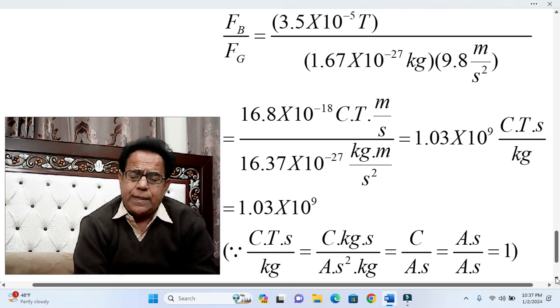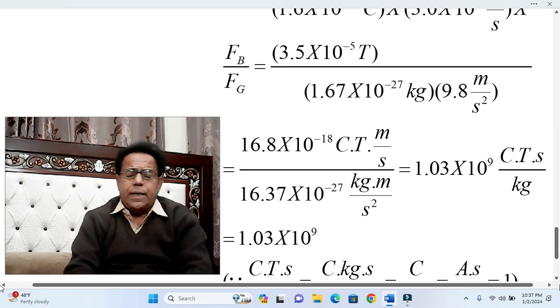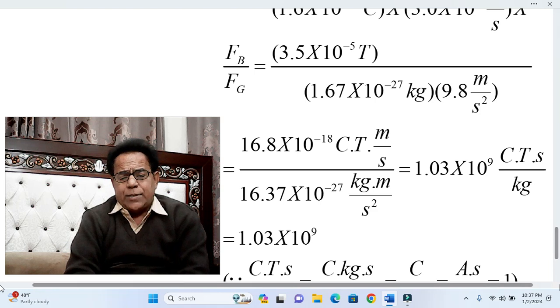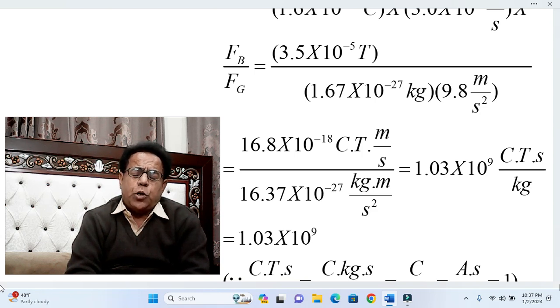Dear students, actually here we are taking the ratio of two forces, magnetic force and gravitational force, and we know that force is measured in Newton. So Newton over Newton, it means this ratio will not have any unit, it will be just a number. It is quite obvious, but despite this, if we want to understand the problem in its true sense, then we must have some knowledge about the fact that